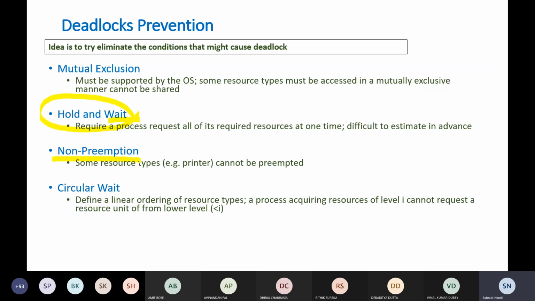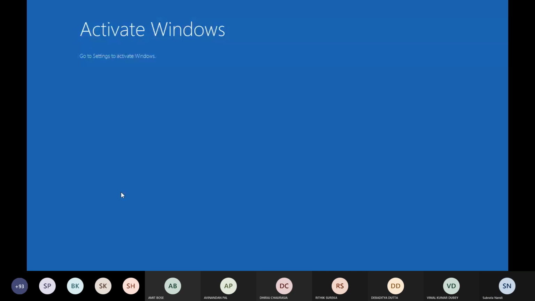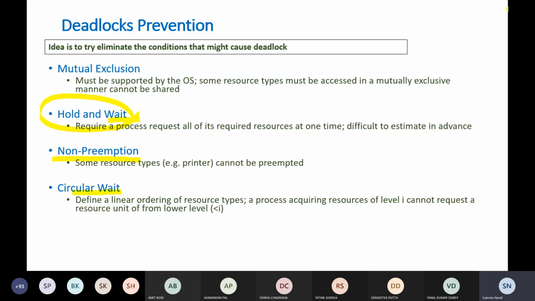It will be again messed up. So this is also not always possible. And this circular wait can probably be easily avoided by framing some rules. What is that? In case of circular wait, to avoid circular wait, what we can do,